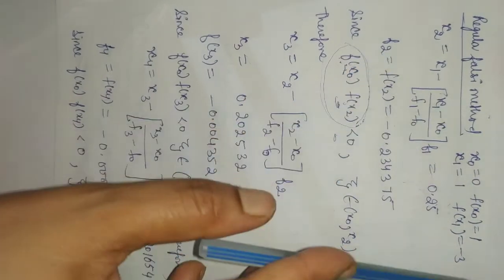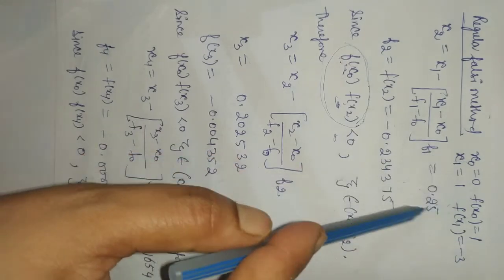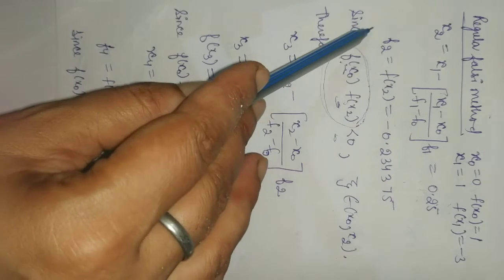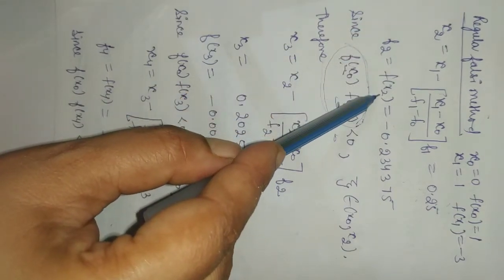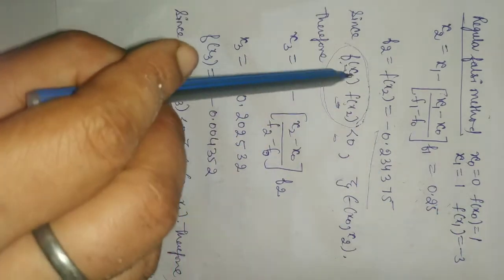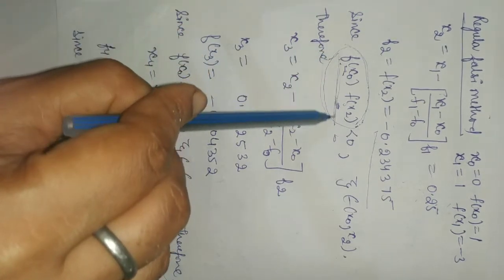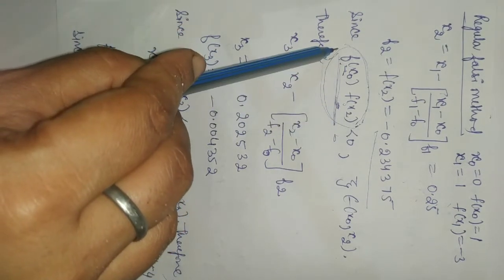सेम वैल्यू, सेम इटरेशन, फर्स्ट आपके पास सेम वैल्यूज देंगे, चाहे वो सीकेंट हो चाहे वो रेगुलर फॉल्सी मेथड हो। तो f2 हमारे पास आ गया, फंक्शन एट x2 और वैल्यू हमने कैलकुलेट की। दिस विल रिमेन सेम एज इन द केस ऑफ सेकेंड मेथड। अब हमने चूज करना है अकॉर्डिंग टू दिस कंडीशन।